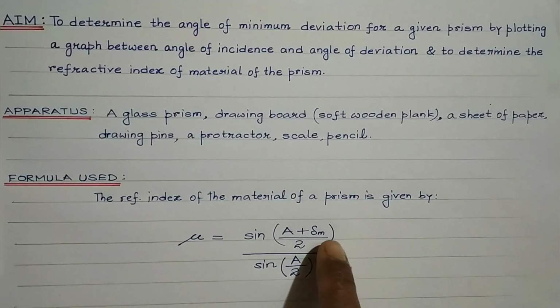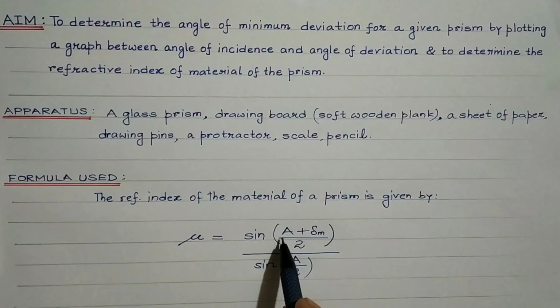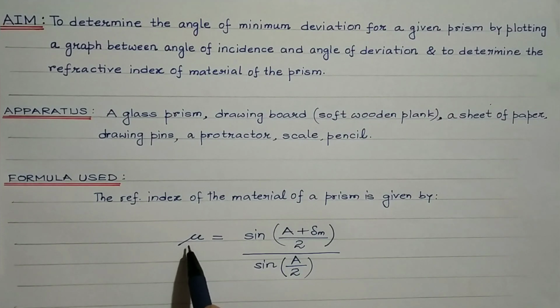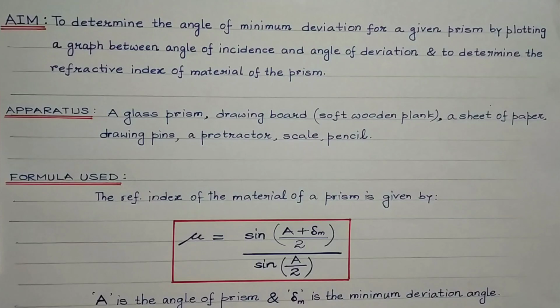First and foremost, we will plot a graph between the angle of incidence and the angle of deviation, and from that graph we will try to evaluate the value of del m. Now, substituting the value of del m and knowing the value of A, which for an equilateral prism we will consider to be 60 degrees, it can be easily measured. So knowing the values of A and del m, the value of the refractive index of the material of the prism can be easily found. Students, let us watch the video so as to understand the procedure